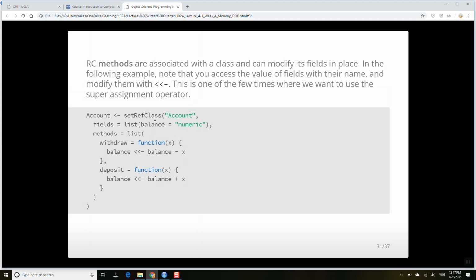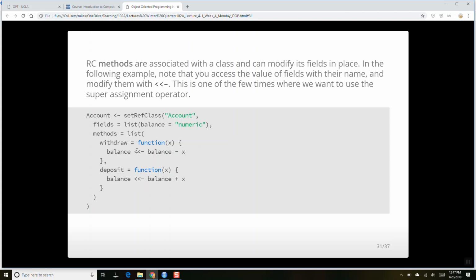Okay. If you want methods, now with reference class objects, the methods belong to the class. We don't have generic functions anymore. It's not, here's swing and do something different based on the object I give you. Now it's, here's the object, and this object has certain actions that are allowed. There's only a few methods that this object can handle. And so here we're going to create 2 methods. One is withdraw and one is deposit.